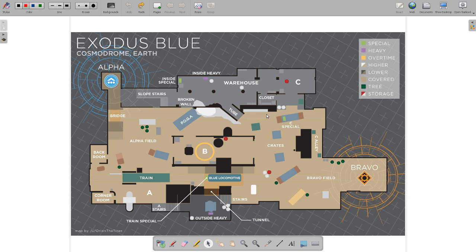So I've pulled up Exodus Blue. So the final point I want to make before we start drawing X's and O's is engaging from traffic lanes. On every map, there are areas you move through and areas you fight in. On Exodus Blue, areas you move through that aren't control would be through B, this lane from Poga to Z Special. And trains. These are areas you move through,